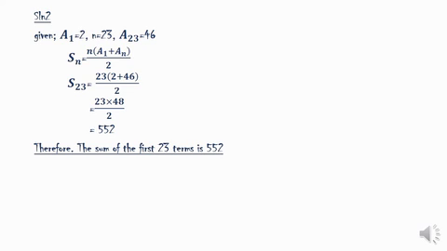So it will be 23 times 48. After taking 2 plus 46, you get 48. Just multiply there. When you multiply, you get 1104, divided by 2. After multiplication and division by 2, the answer is 552. So the sum of all terms from the first up to the last is